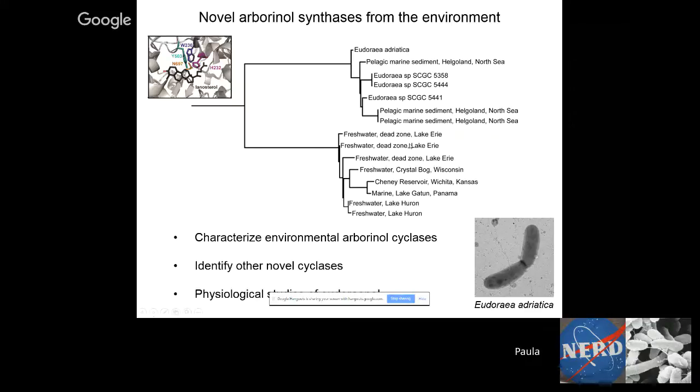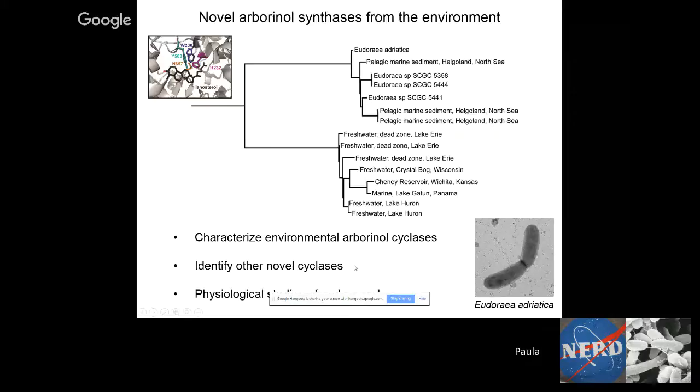And then we have two different clades in terms of the environments that they're found in. We have this as being the marine clade, and we also have some potential sources in freshwater environments, but there's no cultured organisms that go with these. But I think what it's showing is that there are potentially other sources for these biomarkers out in the environment that are microbial. And so what we want to do now is have these synthesized, and we're going to express them in our E. coli system and try to determine what they're making, whether they're making these pentacyclic molecules as well. And we think this is a great way to try to identify other novel cyclases.